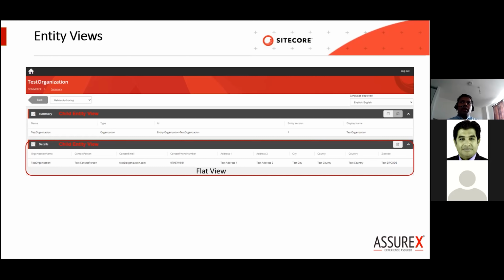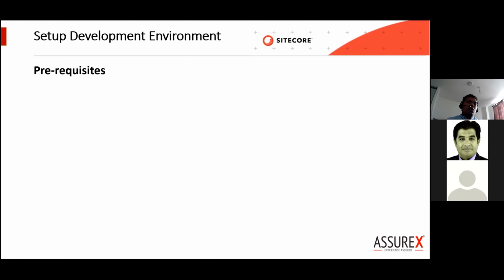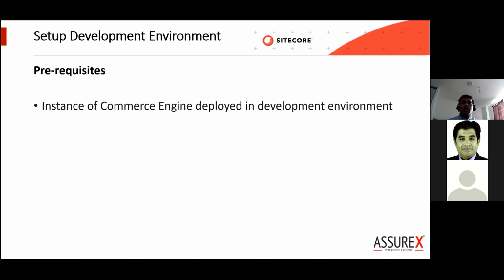So the next topic is what we need to do to set up the development environment. The prerequisites are, of course, you need to have your commerce engine deployed in your development workstation.